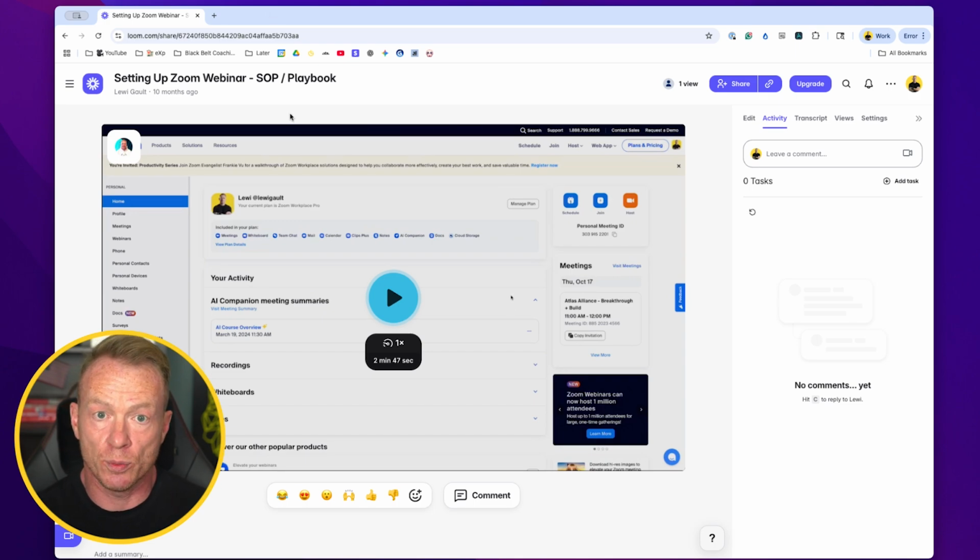Once you've got the thing that you want to figure out doing, you're going to just record your screen share of you doing this particular thing. And this is really easy. You can do it in 2 ways. You can make a list and then just go through each of them and record yourself doing them, or just remember to record yourself all day. So if you're on your computer about to do a task, just hit record, talk through it as you're going, and you'll be good to go.